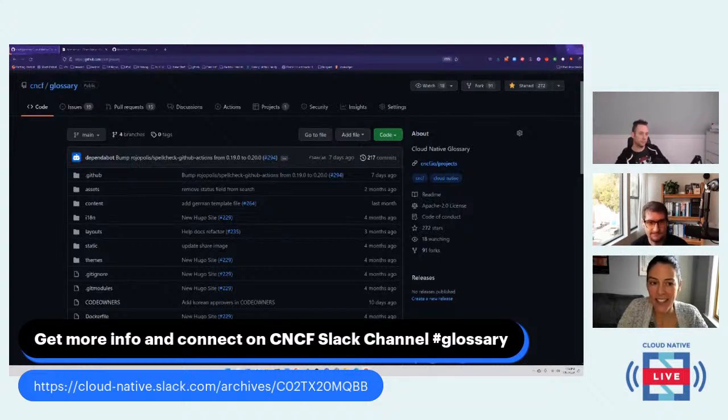Imagine learning a Cloud Native concept in a foreign language, especially if you're not super familiar with it. It's twice or three times as hard, right? So really making the glossary accessible to anyone anywhere is something we really want to help do.